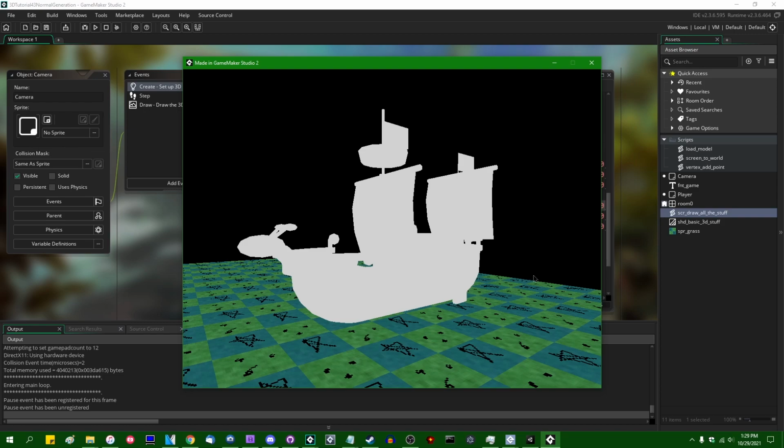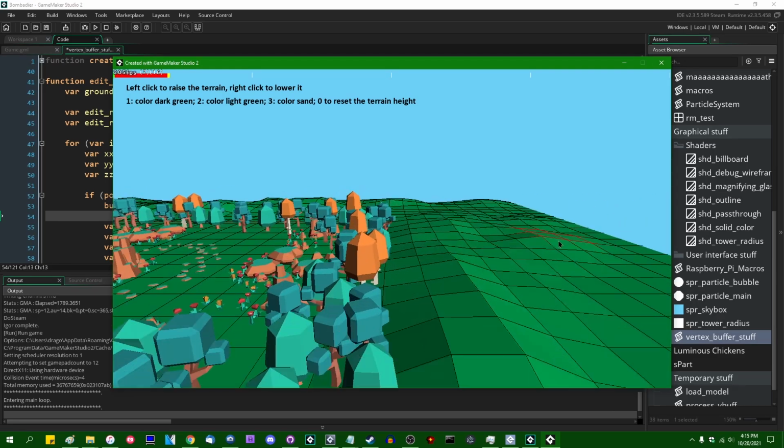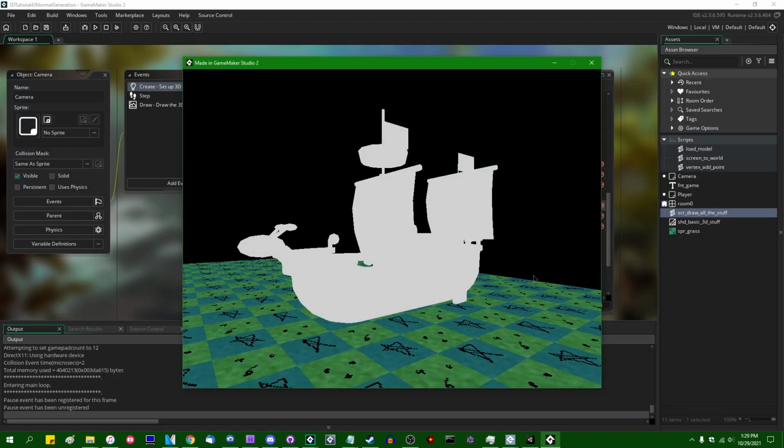if you try to do something where you would be generating a 3D model in GameMaker yourself, for example, a terrain editor comes to mind. That's something that I did recently in one of the tower defense videos. Or if you're trying to create a 3D object from a vertex buffer at runtime for some other purpose, you will probably want to know how to generate the surface normals for that,